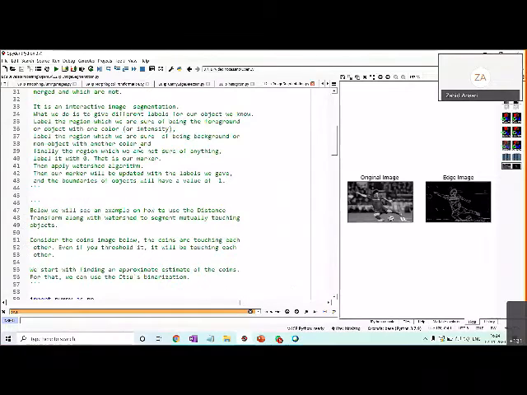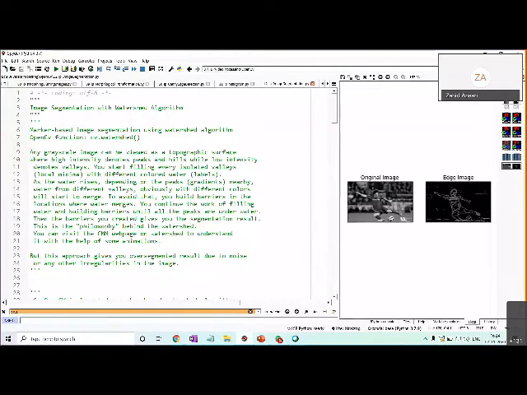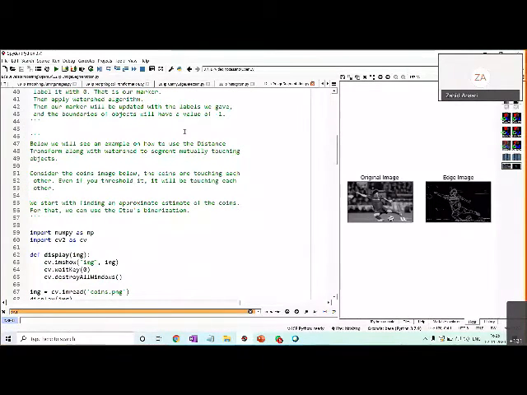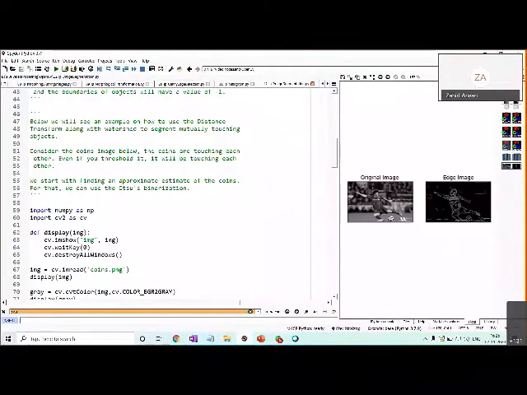In this image segmentation, again, see the details of the algorithm; we are concentrating on how to use the functions. So here basically the image segmentation with the watershed algorithm with the markers that we are using. We'll see an example in which we'll be applying a distance transform along with the watershed segmentation algorithm to segment mutually touching objects. So what are our mutually touching objects? We consider the coin images. We have the coin images and these coins are touching each other.